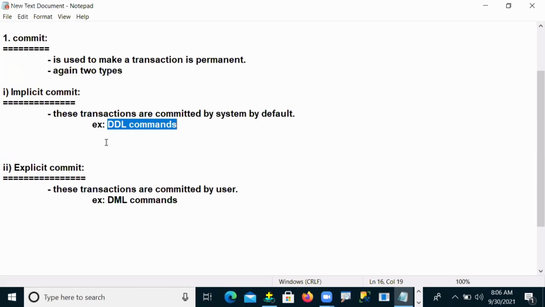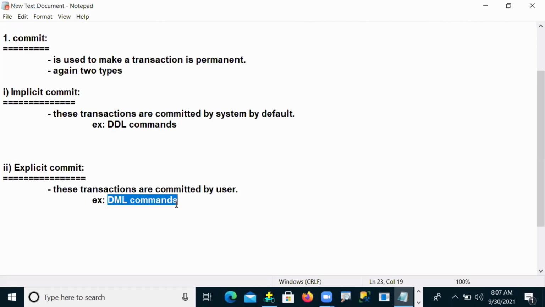But explicit commits are committed by the user only. DML commands are not committed by the system, so the user has to commit. Only if the user commits are your DML operations permanently performed. Otherwise, they are only temporarily performed.